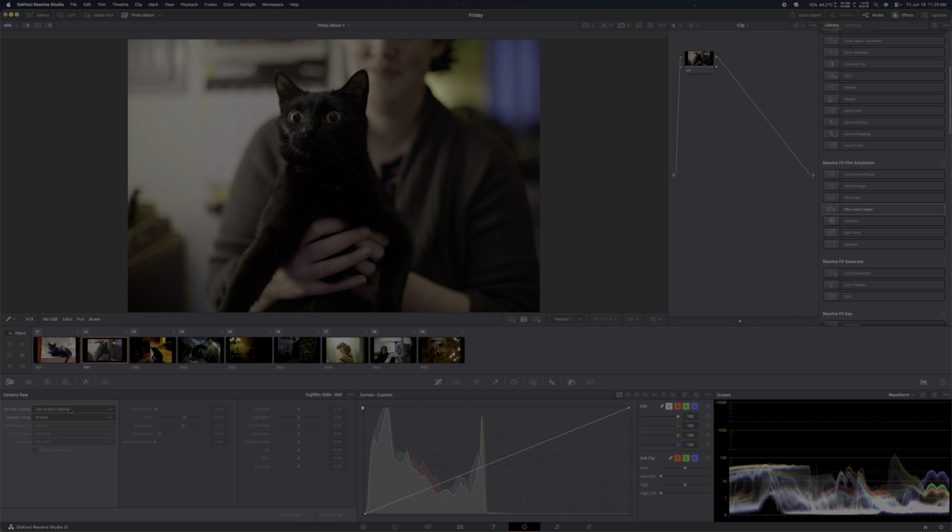We're going to flip this to full resolution and clip. And as you can see, our controls are different because it's a different camera manufacturer. So we got highlight recovery, which, like I said, in my experience, sometimes helps and sometimes makes weird haloing effects, and I don't love it. So we're gonna play with our